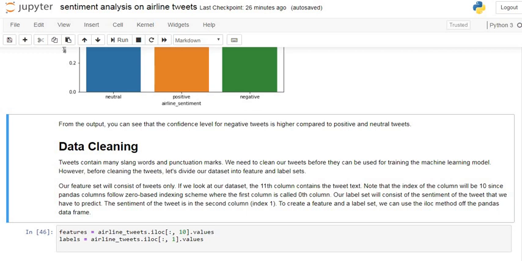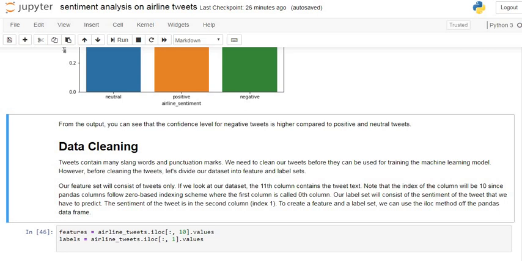Our feature set will consist of tweets only. If we look at our dataset, the 11th column contains tweet text. Note that the index of the column will be 10 since pandas follows a zero-based indexing scheme, where the first column is called the zeroth column.